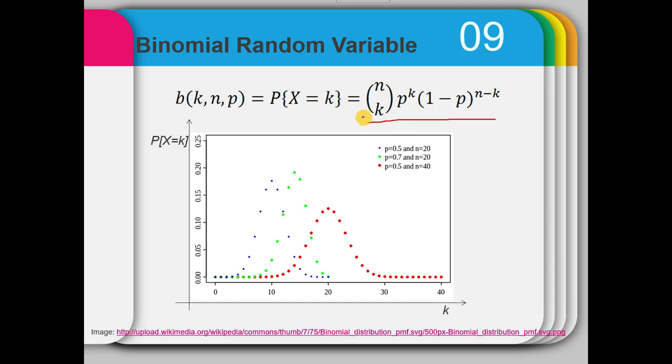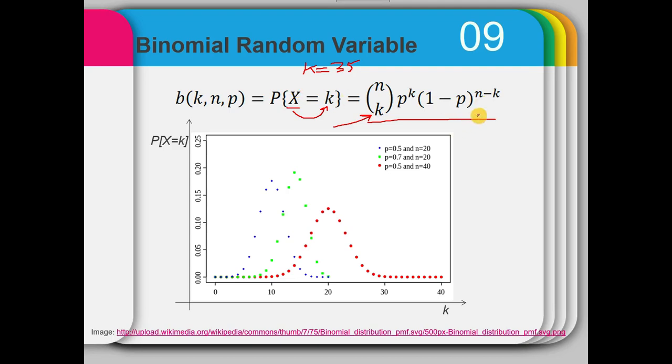So in this example, the k is actually representing the number of successes. So the random variable x takes a value of k. For example, if k is equal to 35, this means that I'm saying that the random variable has a value of 35, which means that 35 students have passed the course. So x represents the number of students that have passed the course, and x is then obviously, as you can see, a binomial random variable. And k represents the number of students who have passed the course.